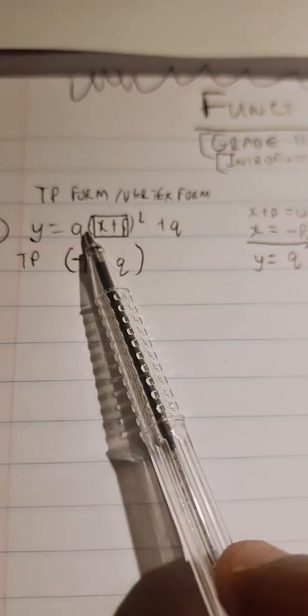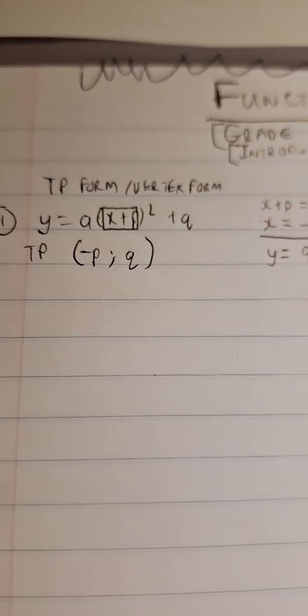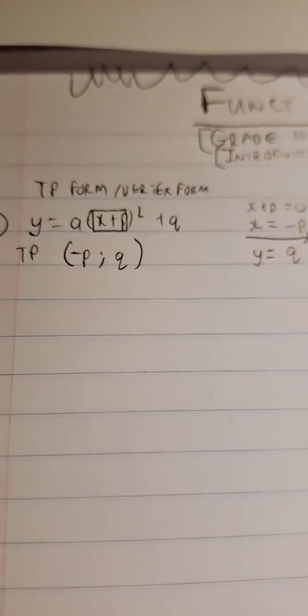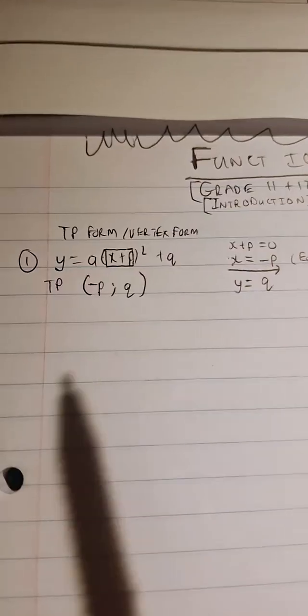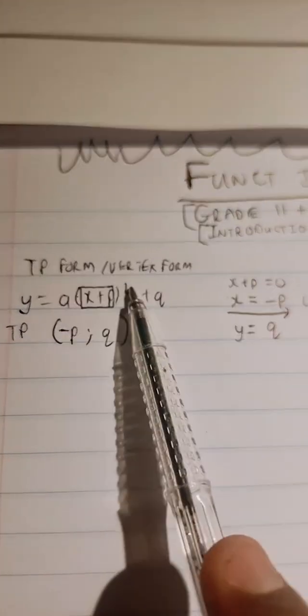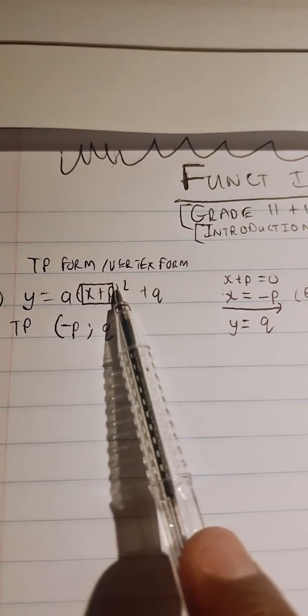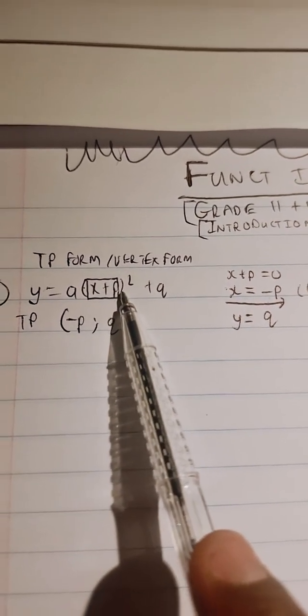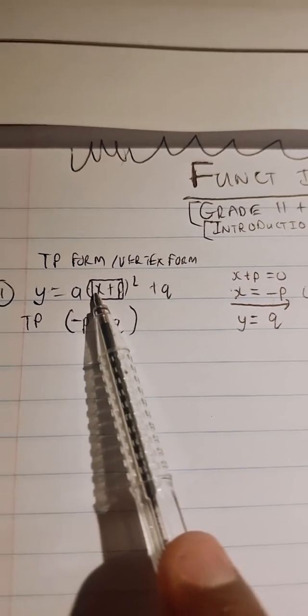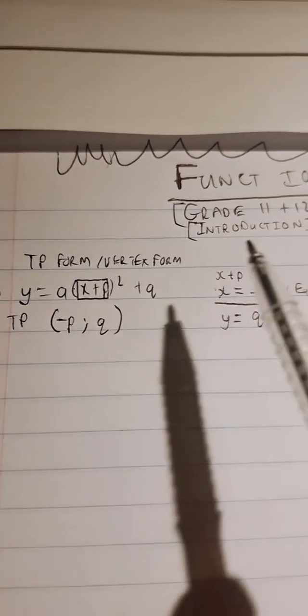That is one way of getting the turning point if you have the parabola given in the turning point form or the vertex form. So the sign of the p-value always changes. Yes, the sign of the p-value will change. To be more specific, guys, please take note of the expression inside the bracket. Sometimes they trick you, and they put inside this bracket negative x plus something else. The x is not positive, but it is negative. Hence I say the safe thing to do, always take this expression, equate it to 0, and solve for x